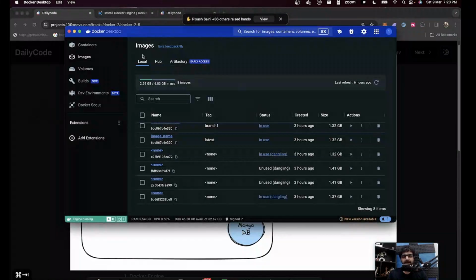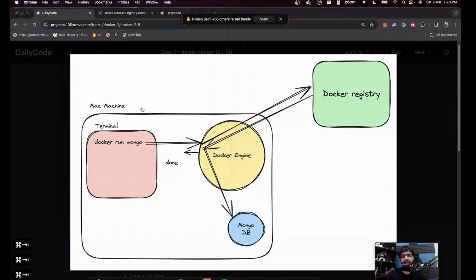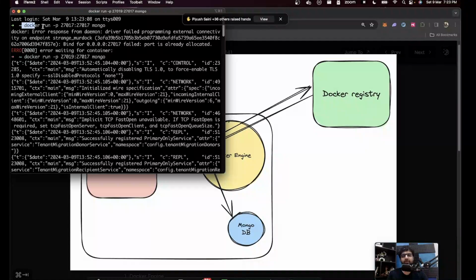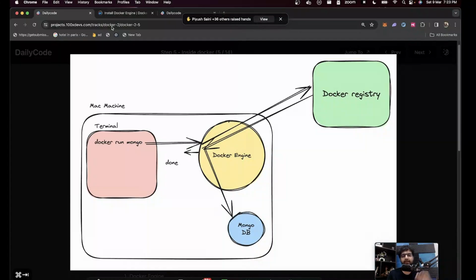Just how this GUI is getting this information from somewhere, this terminal is sending information to somewhere. That somewhere is the Docker engine. It's basically the code base that you look at if you open Docker on GitHub. It's the thing that actually runs and lets you create containers, start containers, create images.